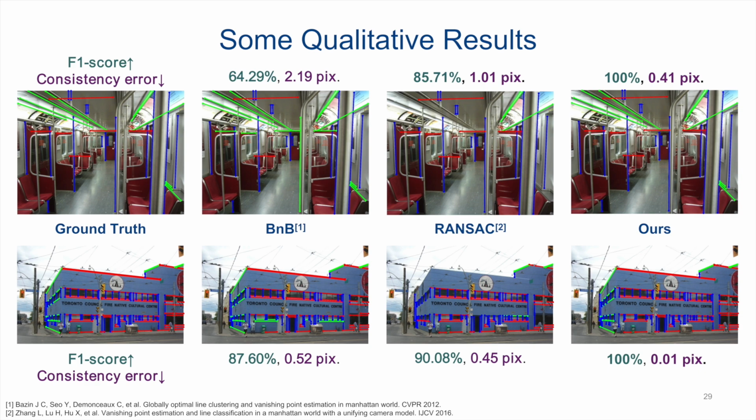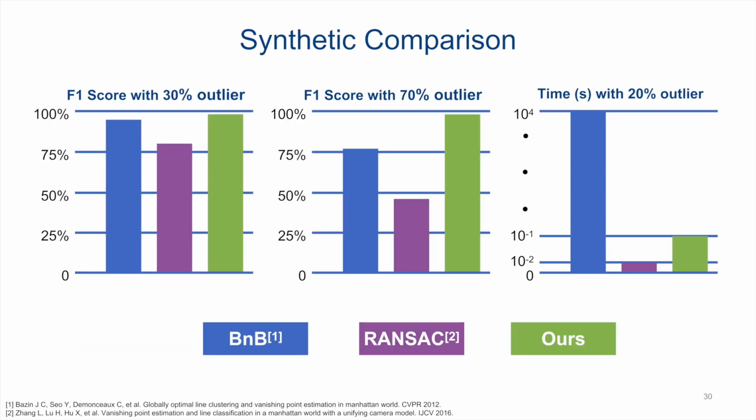We evaluate GloBust VP on a variety of synthetic and real-world datasets. As shown here, in both subway and building scenes, our method achieves a perfect F1 score and minimal consistency errors, significantly outperforming RANSAC and B&B in both accuracy and robustness. We also compare our method with B&B and RANSAC under different levels of outliers. In terms of accuracy, our method consistently outperforms both of them. It even maintains high F1 score under 70% outliers. In terms of efficiency, as shown in the runtime comparison under 20% outliers, our method is comparable to RANSAC and